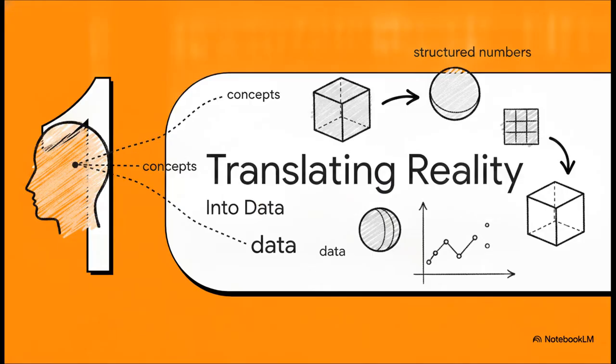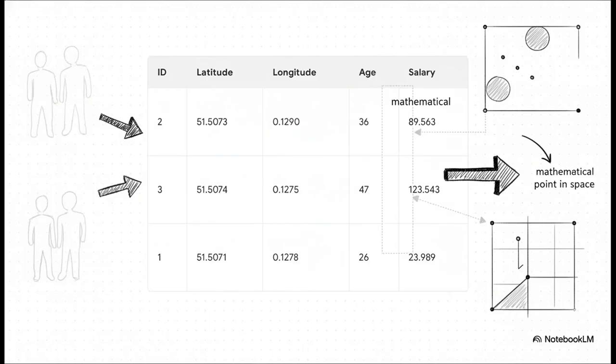Section 1, translating reality into data. We're looking at that crucial first step where messy human concepts become structured numbers. Take a look at this sample human resources data set. To us, right, this represents real people, employees with ages, locations, and salaries, complete with all their messy human quirks. But a computer, it doesn't see a quirky person at all. It just sees a row of carefully scaled numerical features. Notice how the geographical locations are plotted as degrees of latitude and longitude, and salary is in thousands.